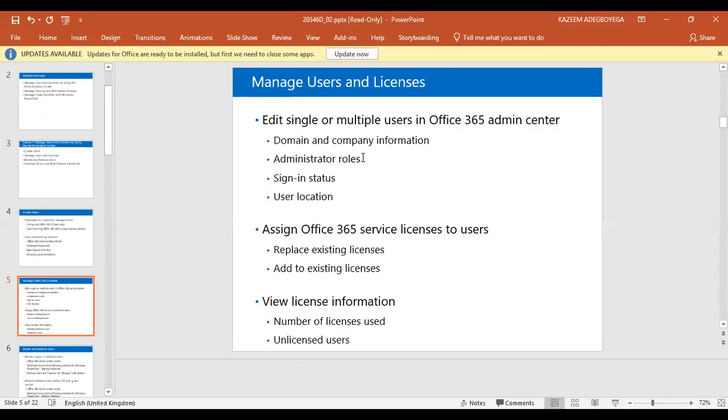So I said when we have users up in O365, the essence of creating users in O365 is so that the service of O365 can be consumed. Users cannot consume the services of O365 if they don't assign a license to themselves, or if the administrator failed to assign them licenses, right? So when you create identities up in O365, the next thing to do is to assign them